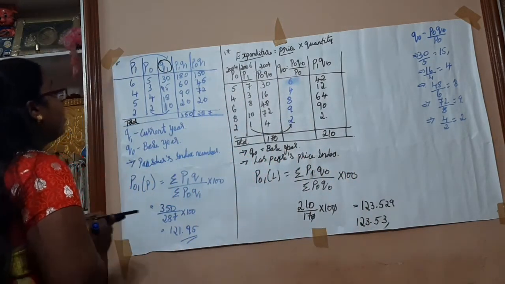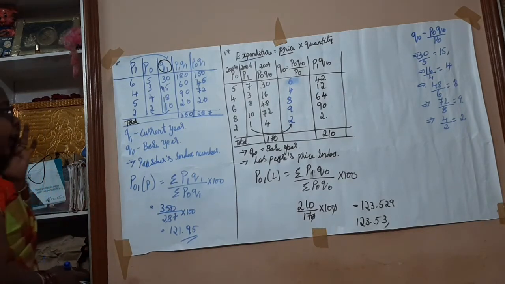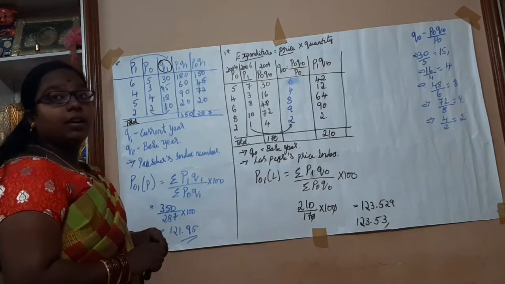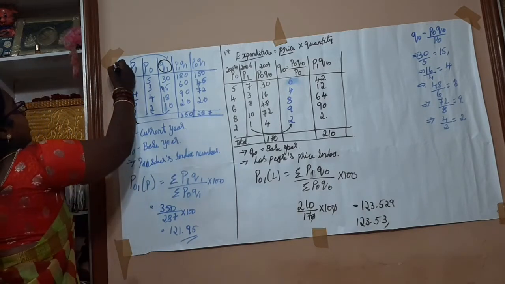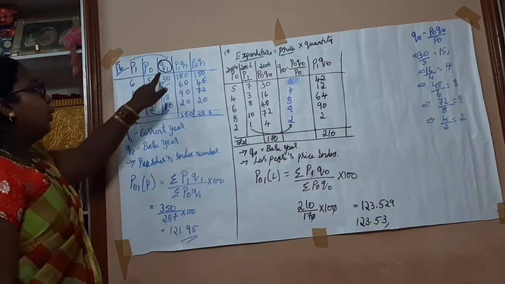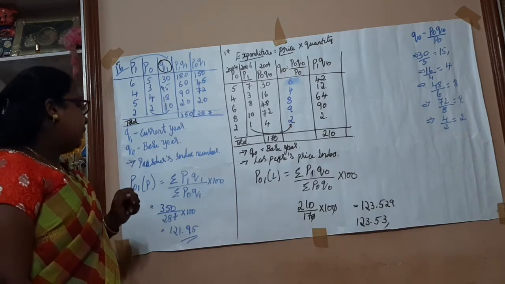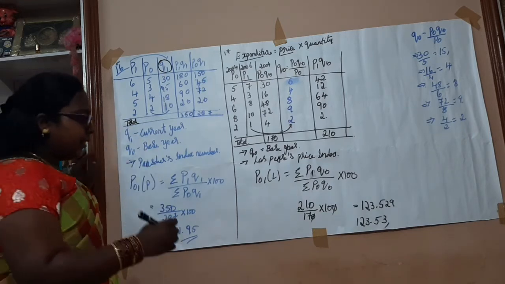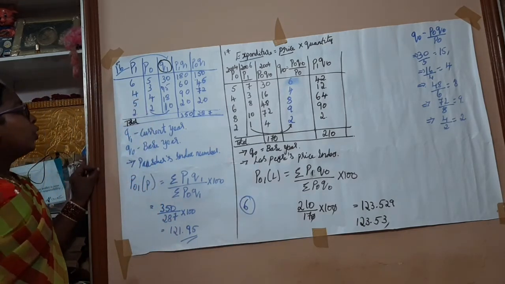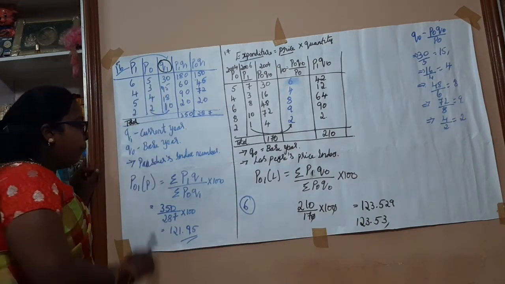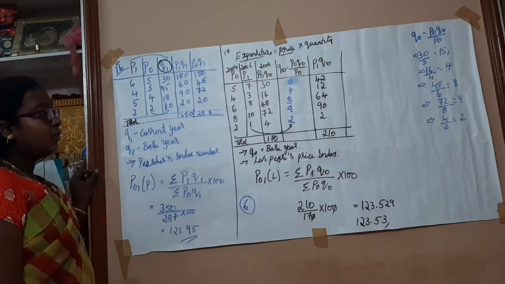Yeah, both I have done in the same places. I need to show you the difference, okay? For that reason I have done here. In the first problem, your 16th problem, if you see, they were given for you only Q1, and they have asked us to find out which is the suitable price index. If you see in your 6 theorems, your Q1 will fall under Paasche price index. So you will be using that Paasche price index formula.